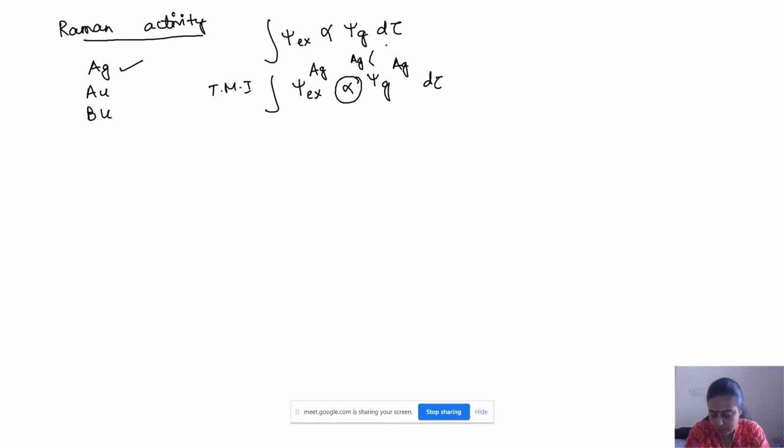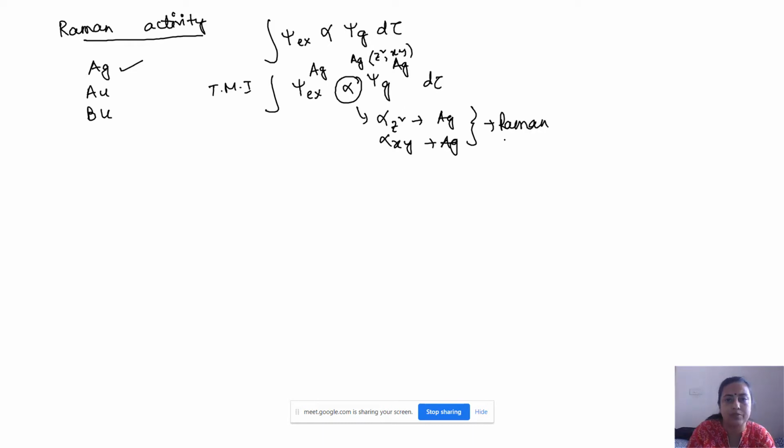So this is my Z square, this is my XY. These components are being transformed as AG. Alpha XY is also being transformed as AG to make this one as Raman active. Now if you write it down again, AG, Raman activity is there. If you look into AU and BU,